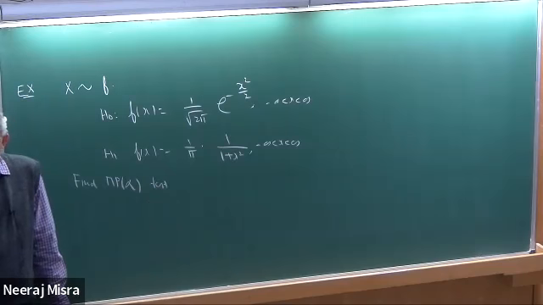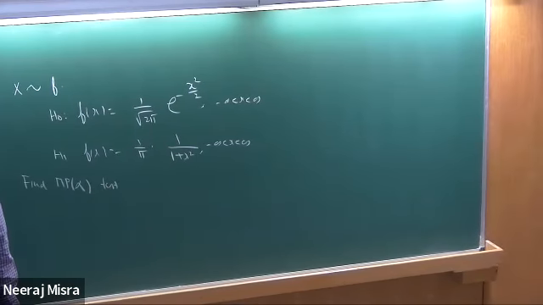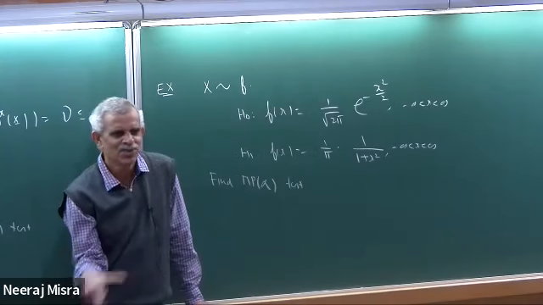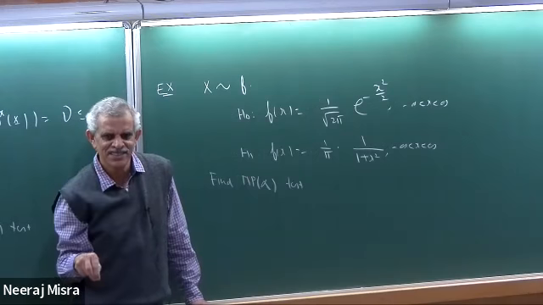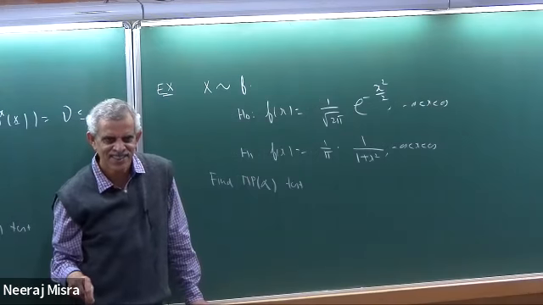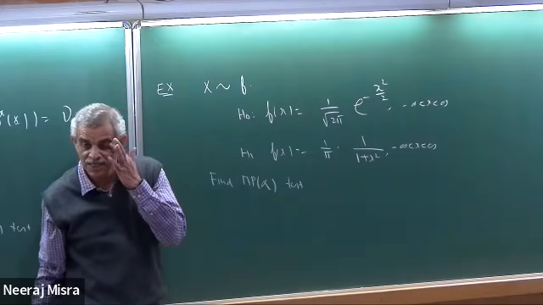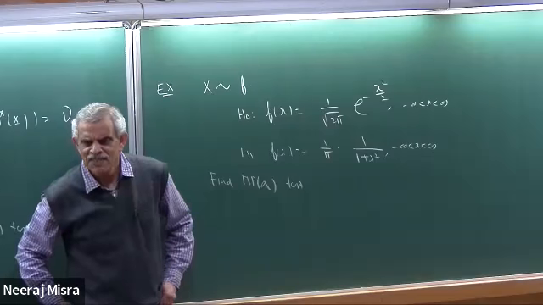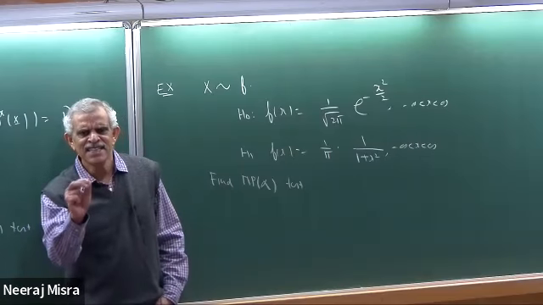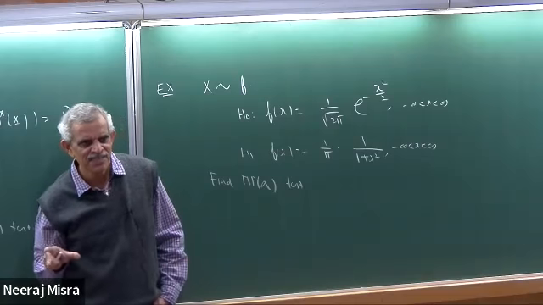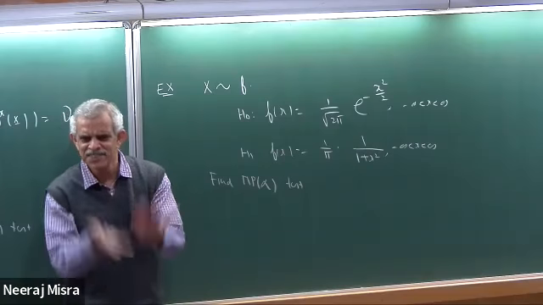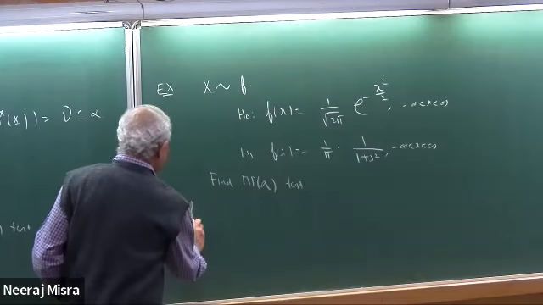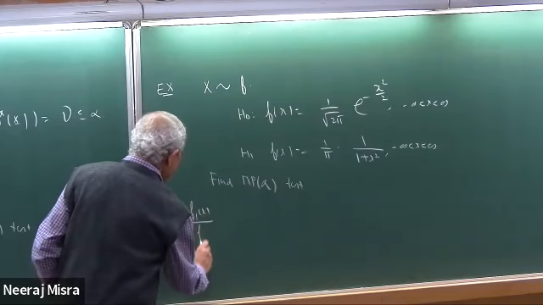Note that I've told you that wherever the supports under H0 and H1 are the same, it's easier to deal with f1(x) upon f0(x), because there is no situation like 0 by something positive or positive by 0, unlike what happens in the uniform case. So wherever supports are the same under H0 and H1, you can deal with f1(x) upon f0(x), because saying that f1(x) by f0(x) is greater than c is just studying the behavior of the function f1(x) by f0(x).